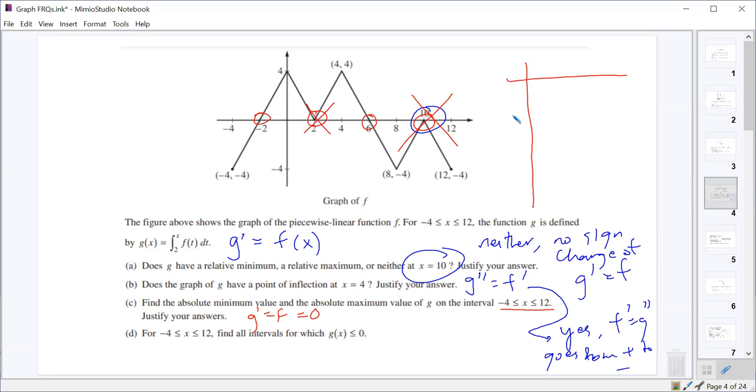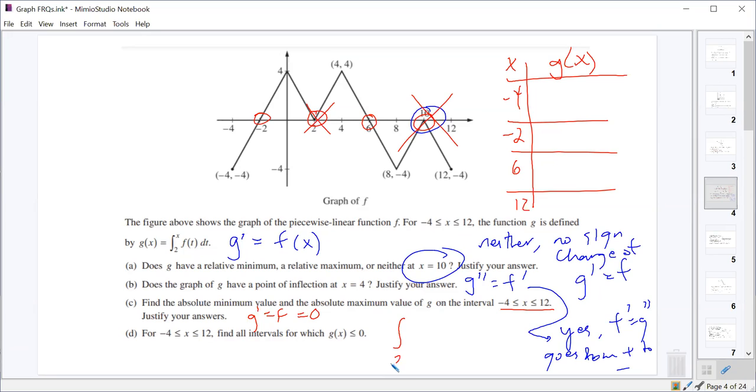So we're going to need to make a chart here. So here's our x value. Here's our value of g of x. This is going to be -4. We're going to have a -2. We're going to have a 6, and we're going to have a 12 on this chart that we're going to make. And so if we look for the integral